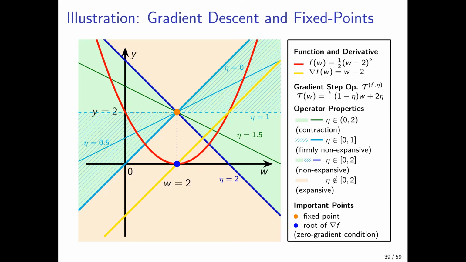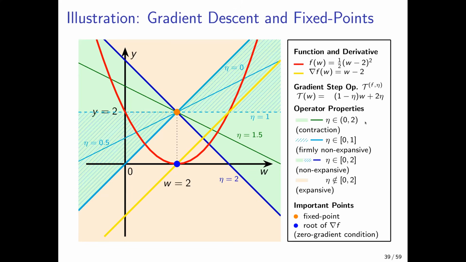And we can write down the gradient step operator. Since we have this derivative here, it's easy to see that it takes this form. So it's actually also a linear function that depends on eta. And for different values of eta, of the learning rate or step size, we then get different functions here. And all of them have the same fixed point. All of them are going through this orange fixed point,